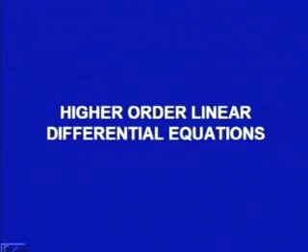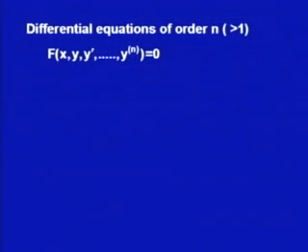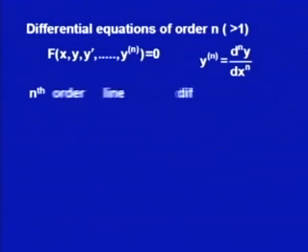Now, we will move on from the second order to any arbitrary order n equation. So, what will be a differential equation of any order n? That should be a function of x, y dash, up to y n is equal to 0, where this y n is representing the nth derivative of y with respect to x. This equation would be called linear if it is of the form